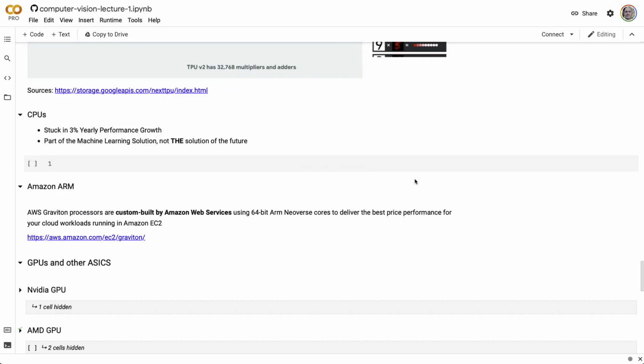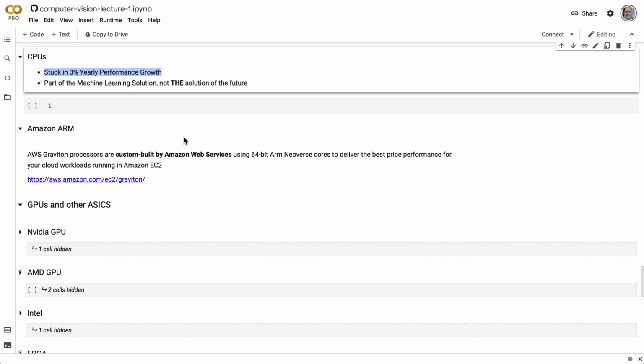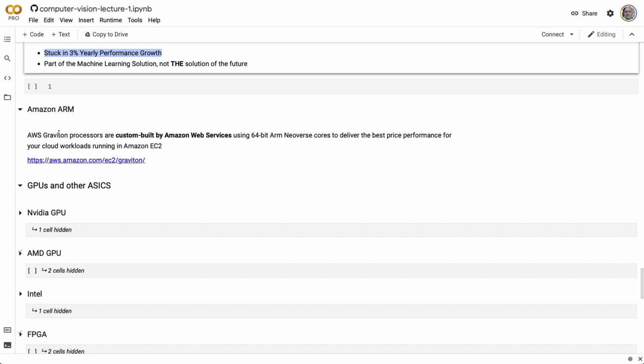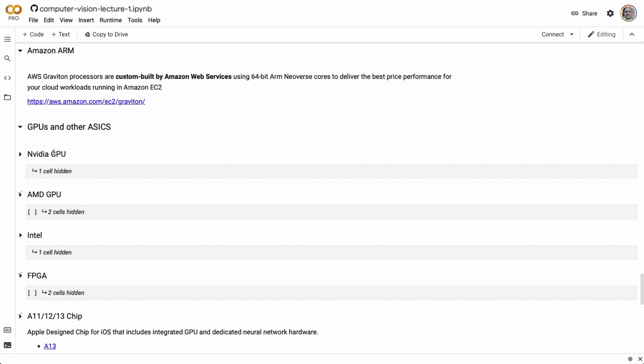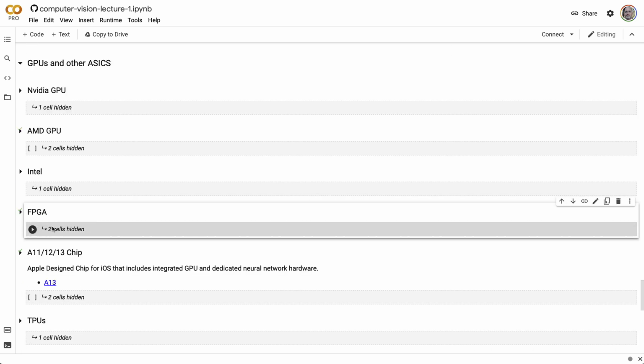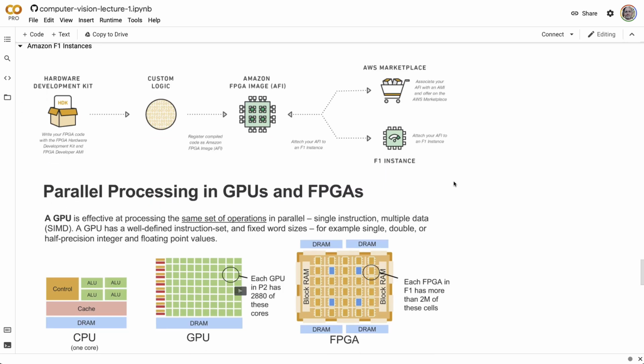And so really the end result here is that CPUs are stuck in 3% performance growth. And so the result is that there's going to be a lot of other hardware technologies that are at play here. Amazon has ARM technologies, NVIDIA's doing things. AMD has a lot of new GPU technologies. Intel, there's also FPGAs, which I think is an interesting example as well,